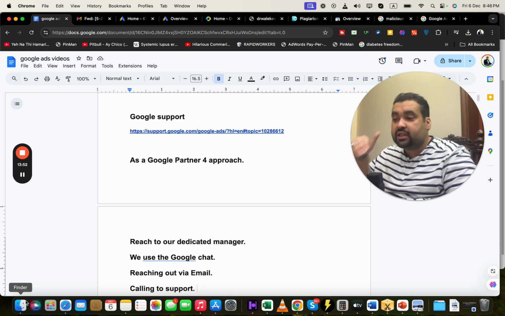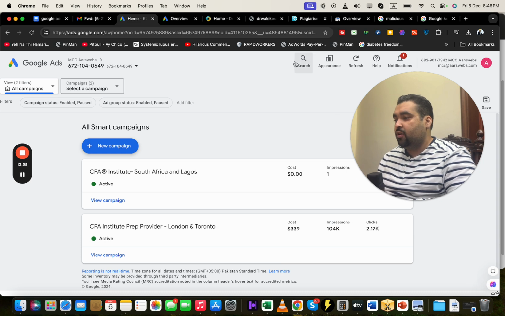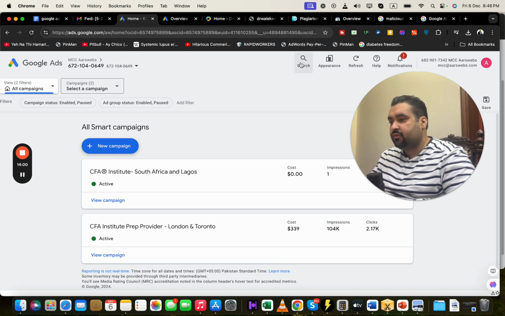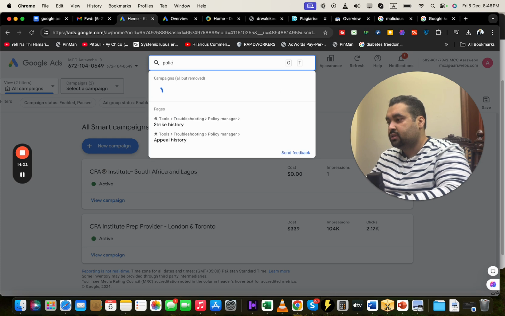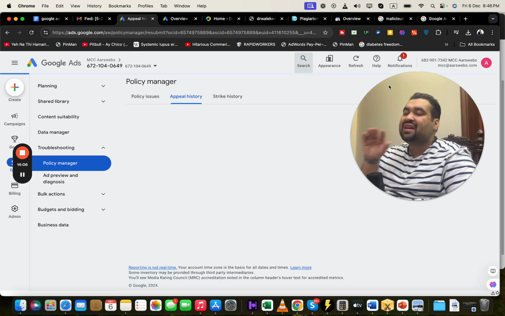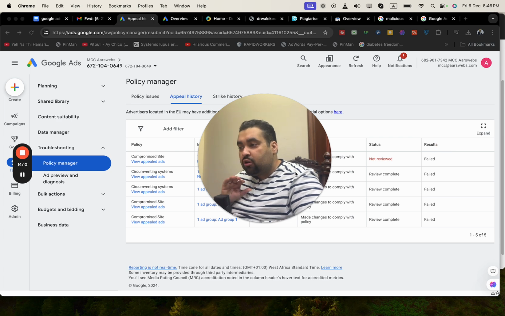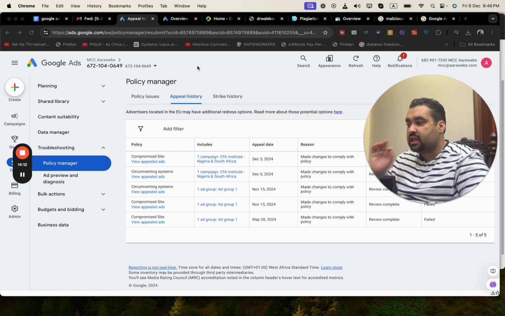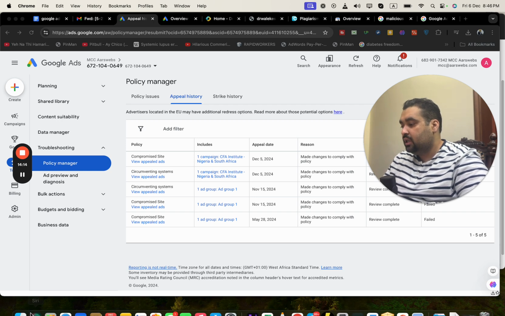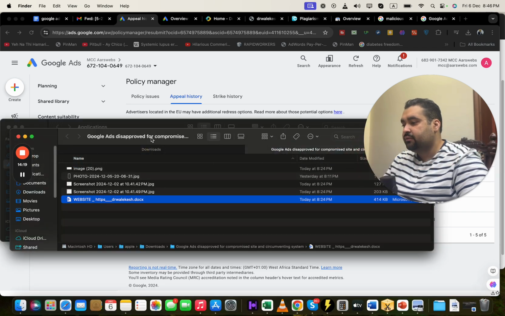And this was the scenario over here as well. We did not have to press the appeal over here. And I'm going to show you before as well. If I show you that the account has nothing active, in the policy manager you may see the failed attempts over here. You can see that these are all failed attempts, and you can see the account as well. And now I'm going to show you when we tried discussing with Google, and then suddenly,